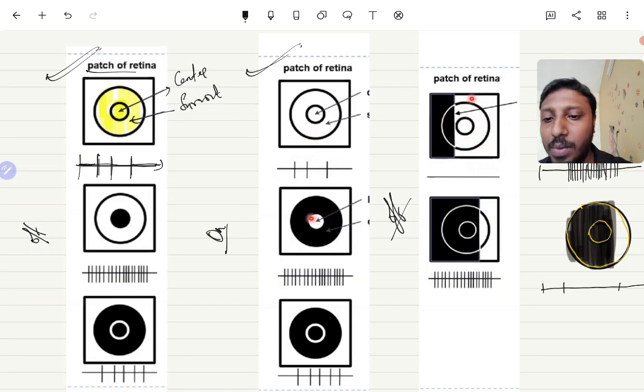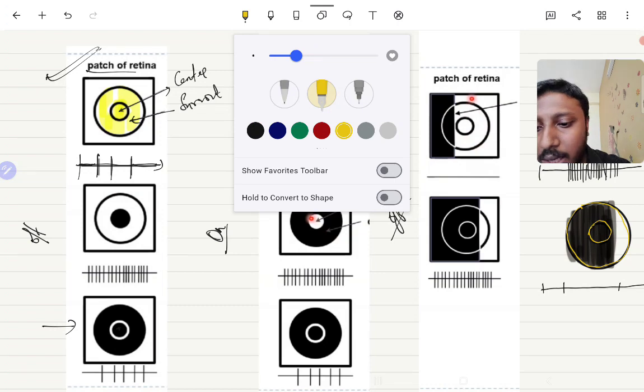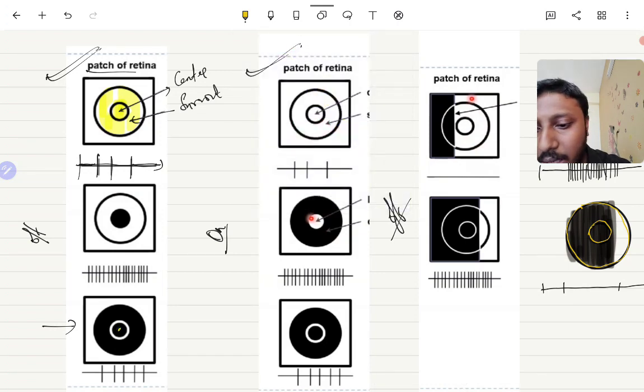In this case also, if the center has darkness and the periphery also has darkness, it's still the same rate of firing.